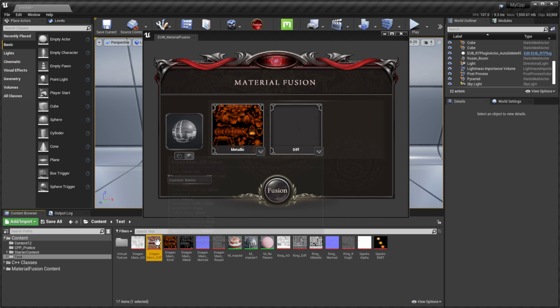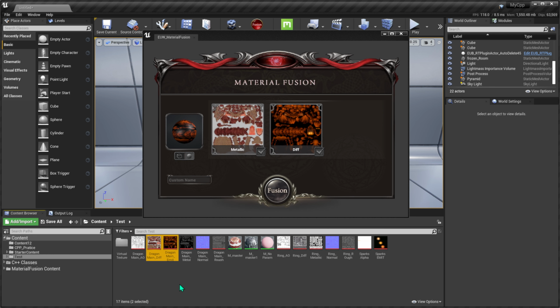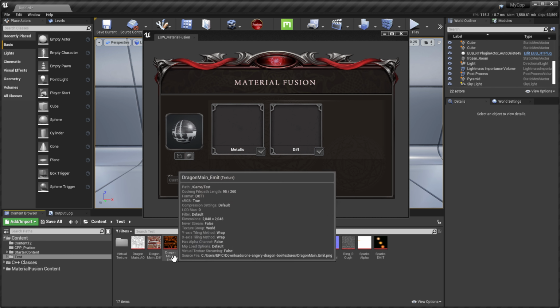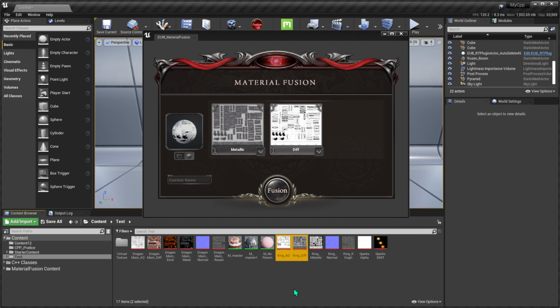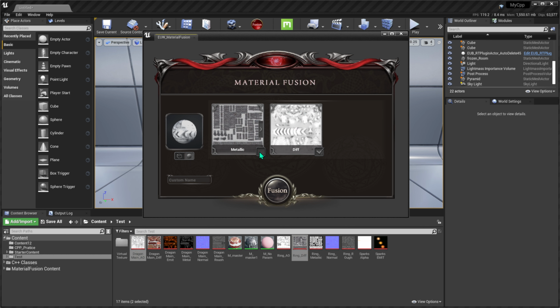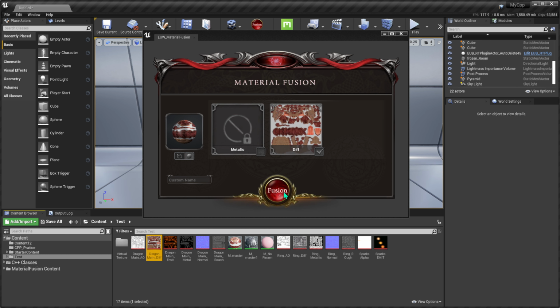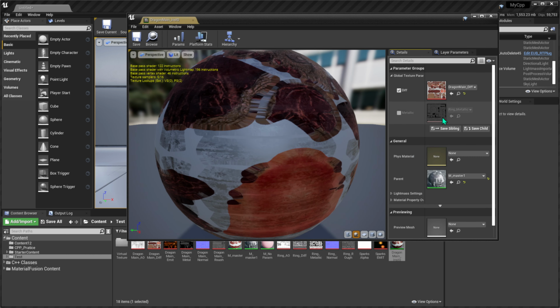It will automatically update. And if you want to choose much more, you can choose in your custom order, or like this, or like this. Okay. And then if you don't want to use metallic, you can uncheck it. And then if you only use one texture, you can click fusion, and you have a one texture material